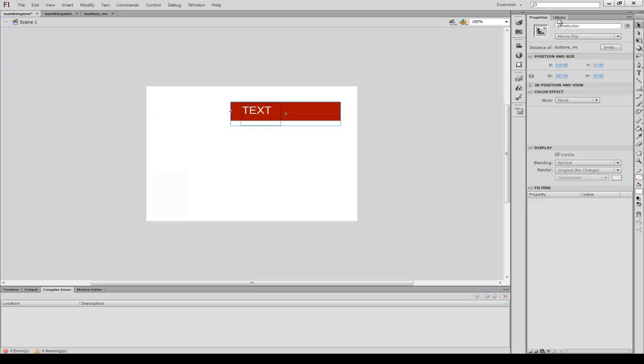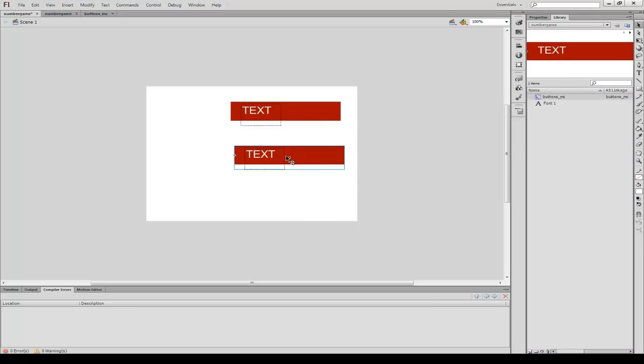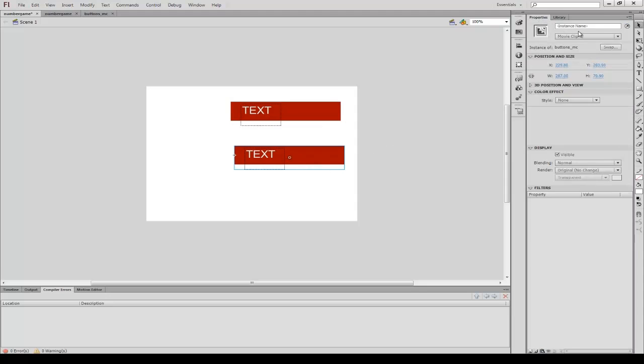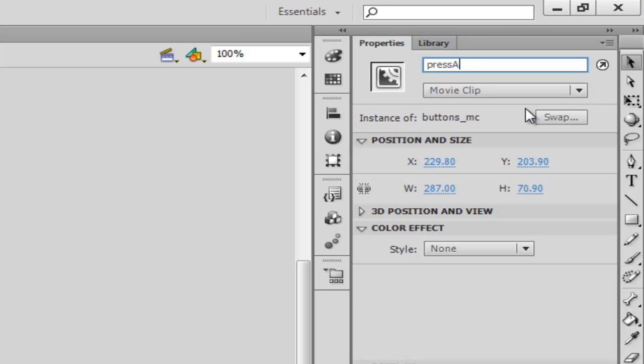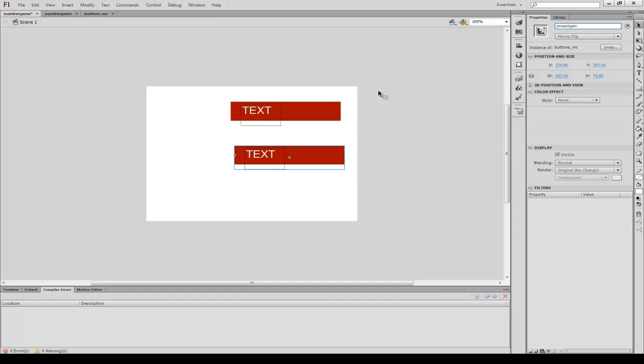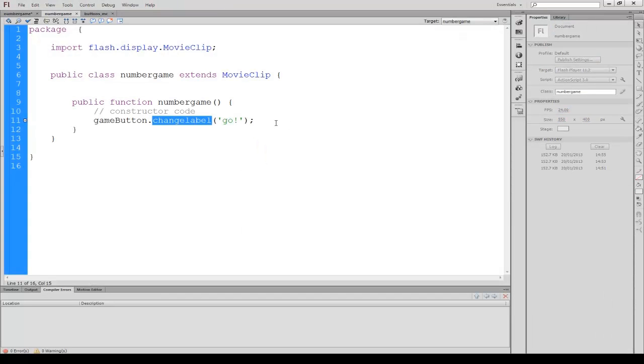Well, it's this reason. If I bring from here, from the library, another button, and this time I'm going to give it another instance name, which I'll call press again. Now I can go back to here, and I'm just going to copy that line of code. So highlight it all, press Control C, give myself a new layer there, and what I'm going to do is change the instance name to press again,